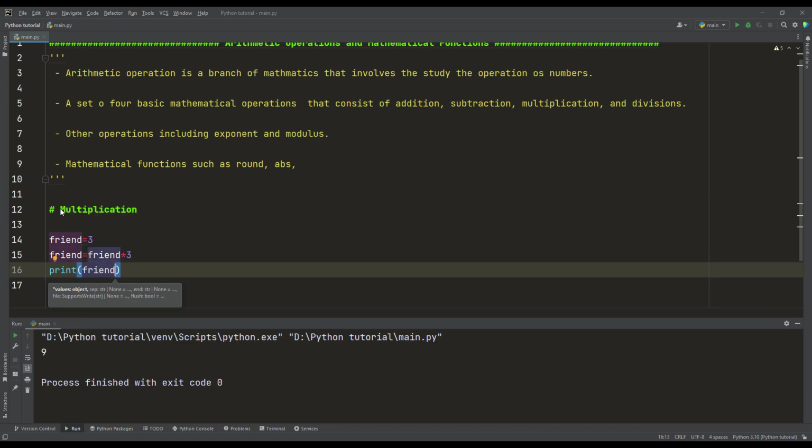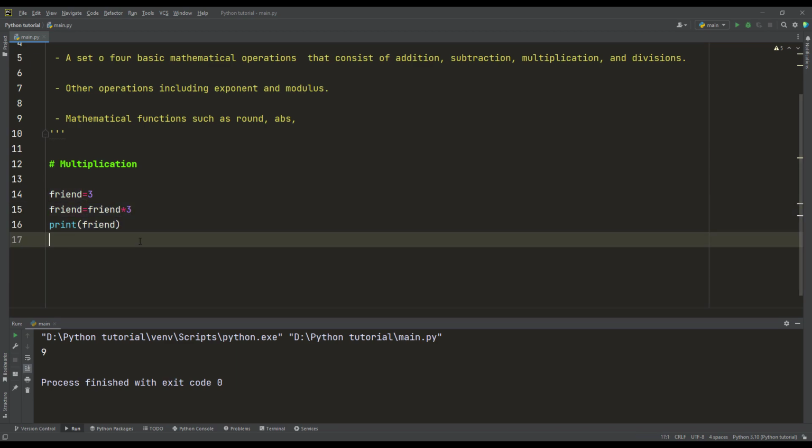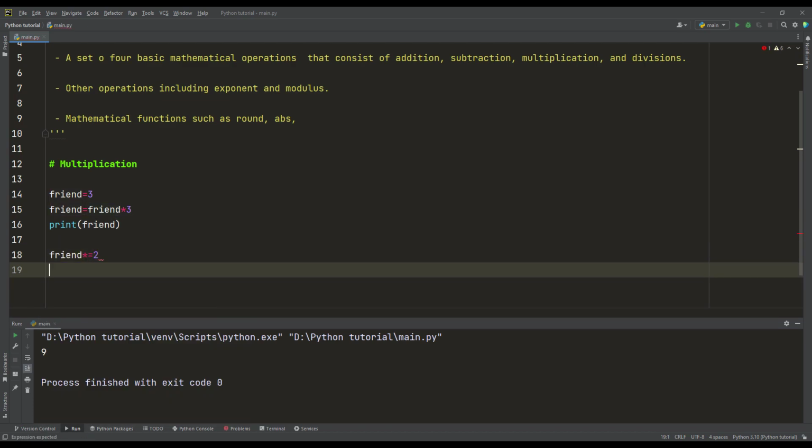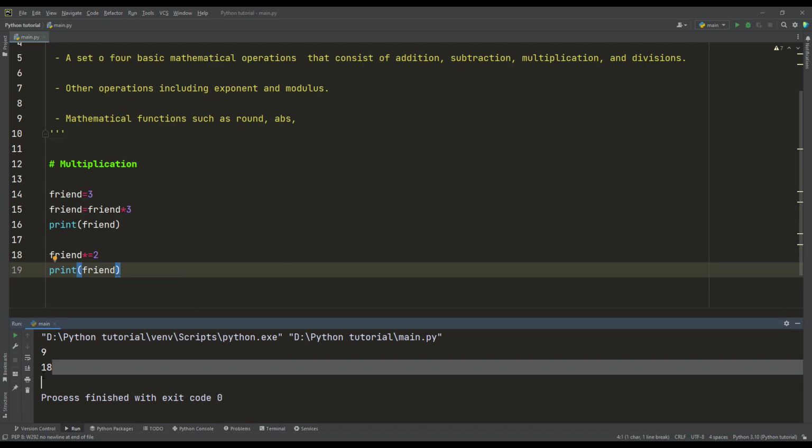It will become 9, because I multiplied it by 3. The same thing here by the augmented assignment operator. So friend multiply equal, for example, 2,